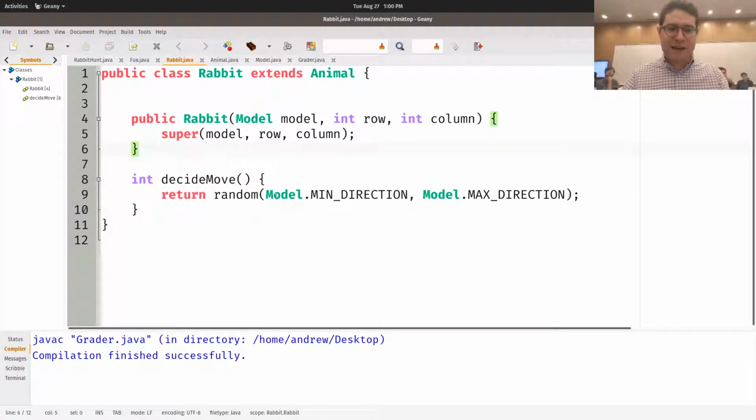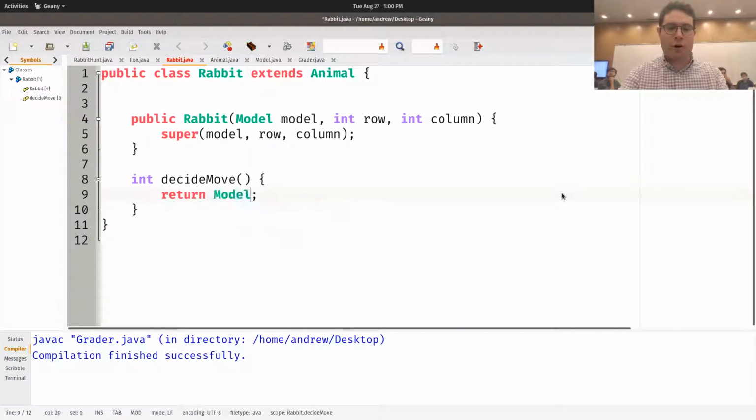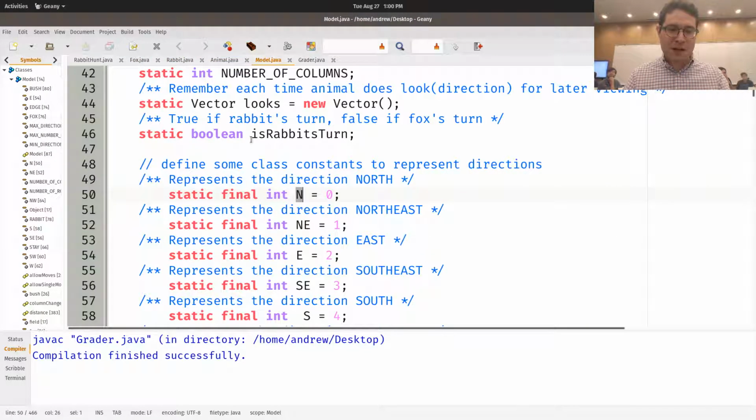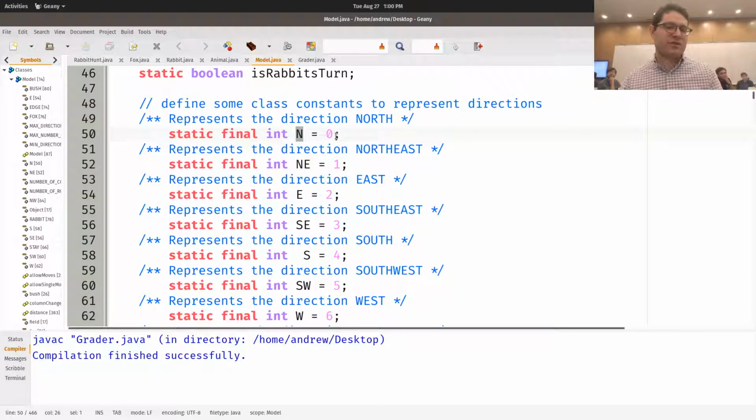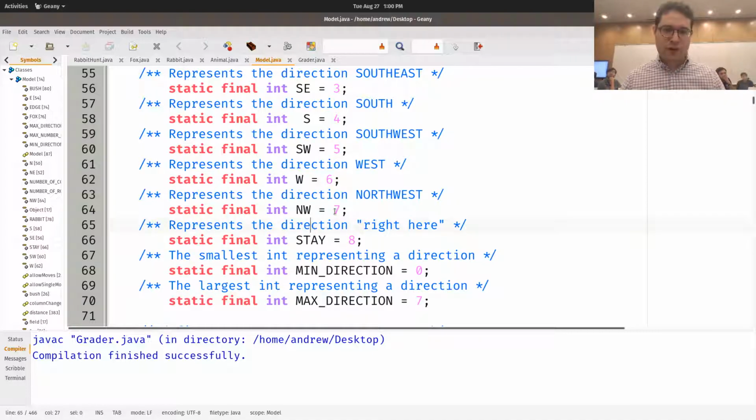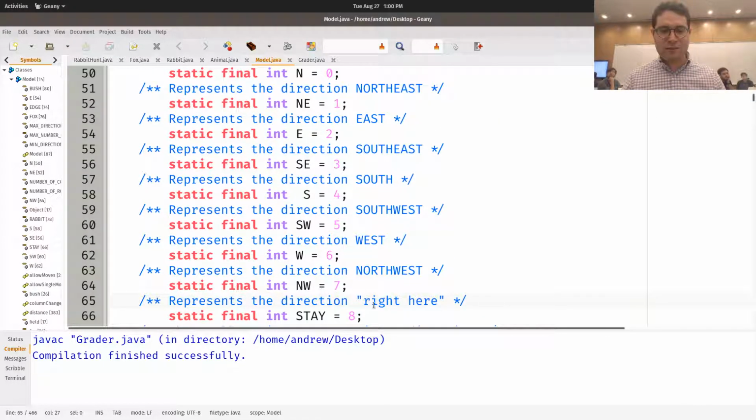So instead, say I just want my rabbit to run north all the time, all I would have to do is return model.n to have it run north all the time, right? Or I could do return 0, but I could just do model.n instead. There's also a 9th direction, which is 8, which just represents stay still, which is actually very useful, right?